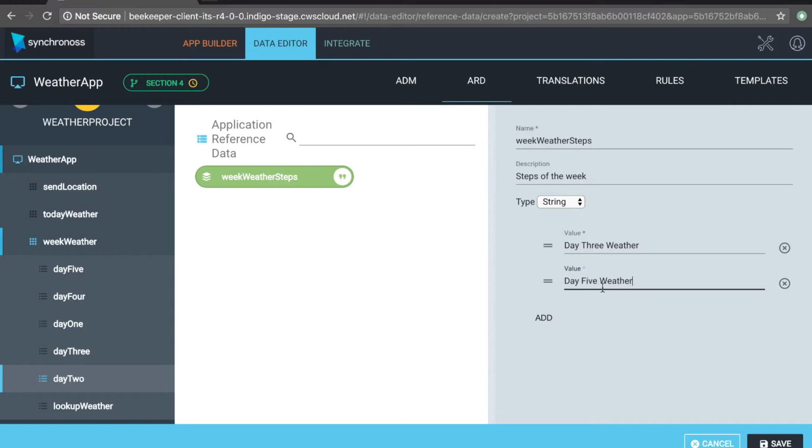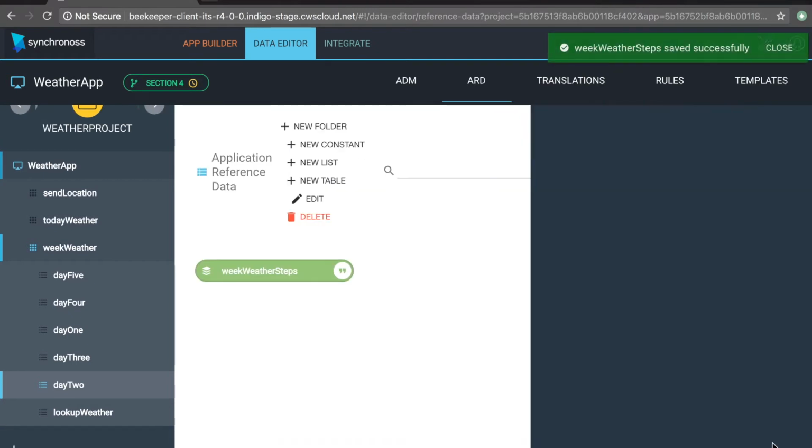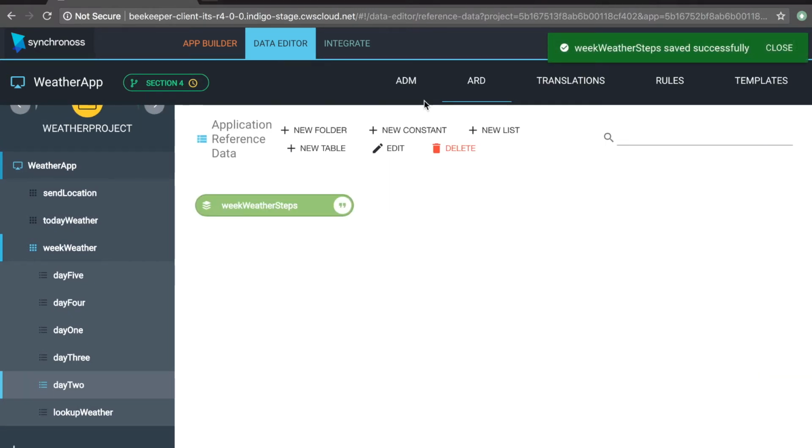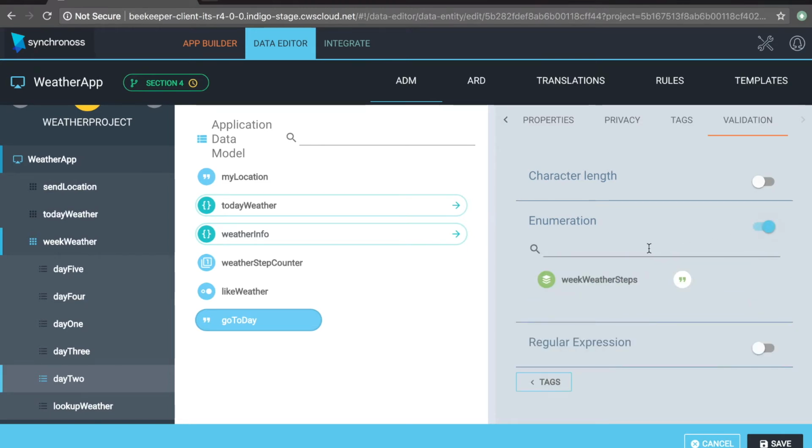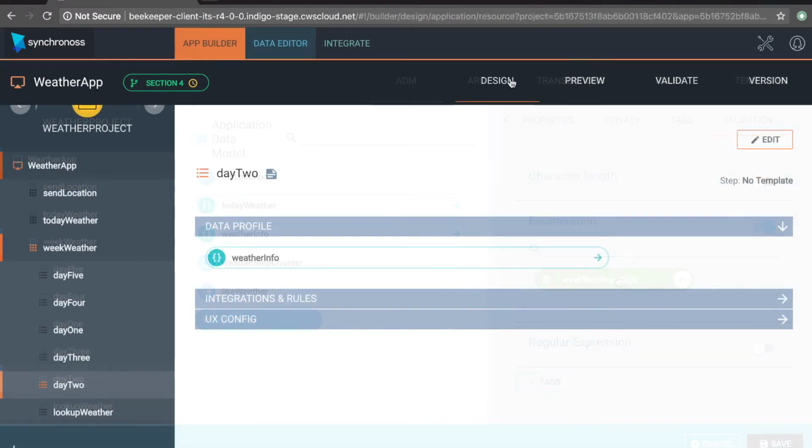Return to the Go to Day property settings inside the Data Editor section and reselect the enumeration once you're inside the Go to Day property. The enumeration bit will be a toggle. You should now select or see a green item of the list that you've just created. Click to select it, then click Save. Repreview our model and reach step 2